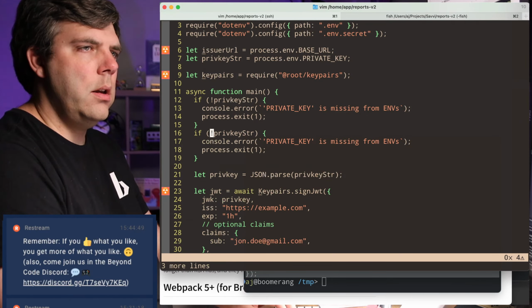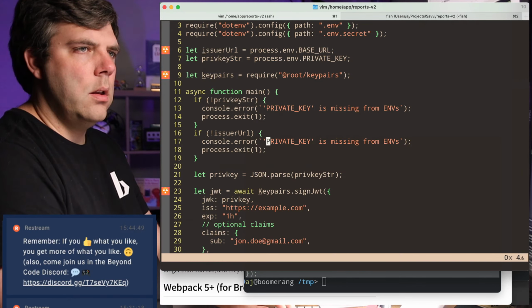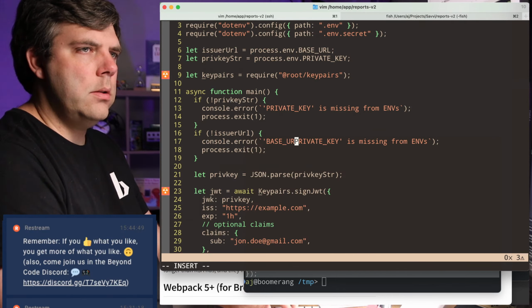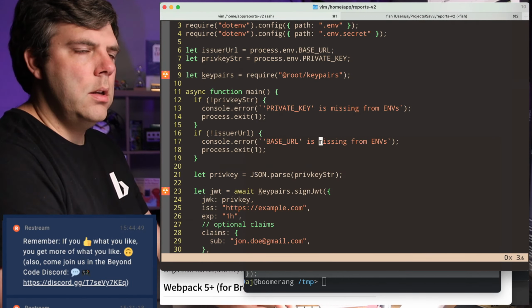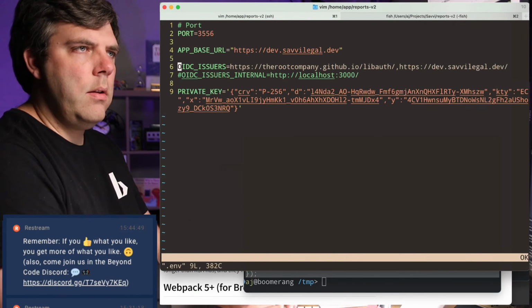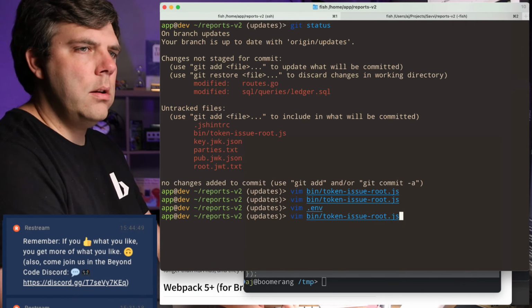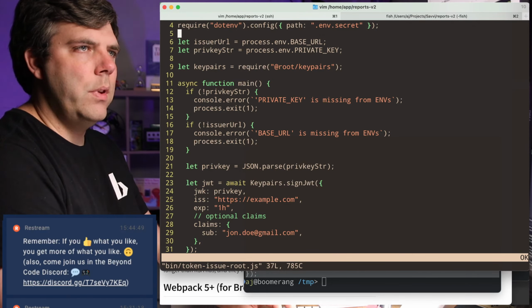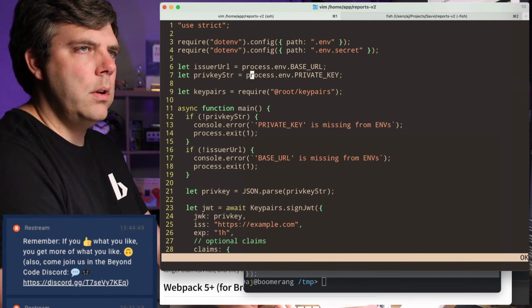Do the same thing here. If not, issuer URL, base URL missing from envs. Do we have that in there right now? App base URL. Okay.